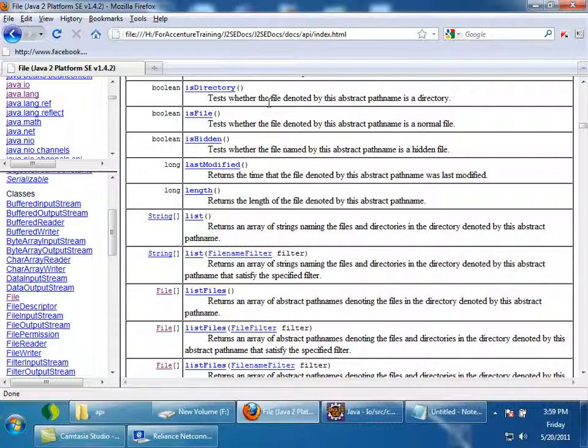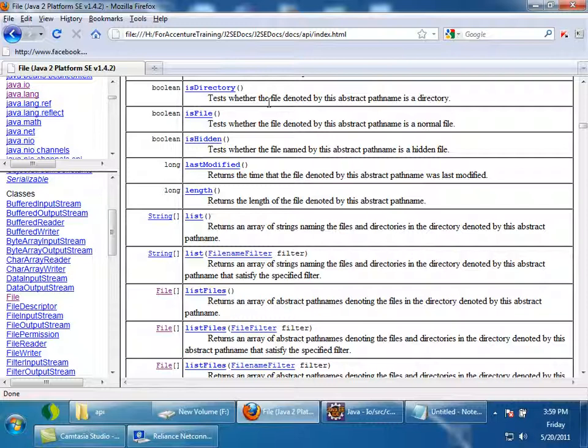Now you can iterate through this file array, right? Whenever you are iterating through this file array, you can check whether it is pointing to a directory or a file by calling isDirectory or isFile. If it is a directory, I want again to list all the files in the directory.